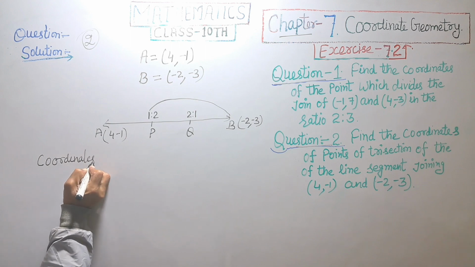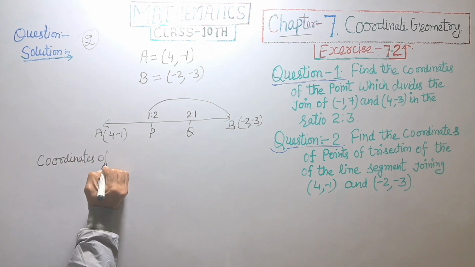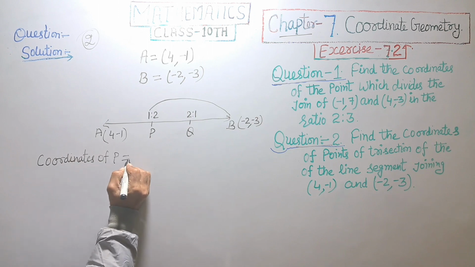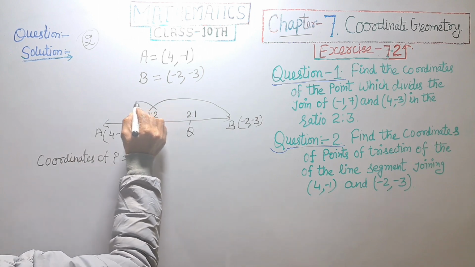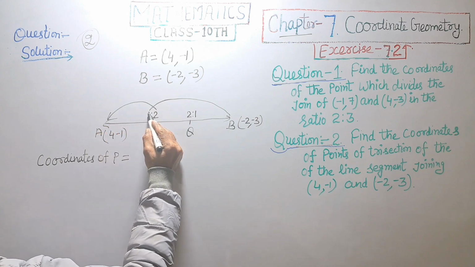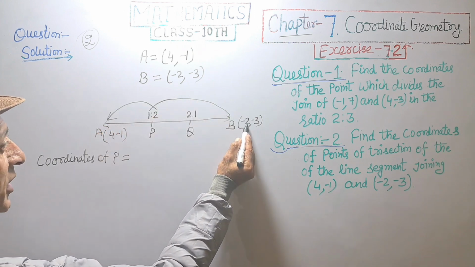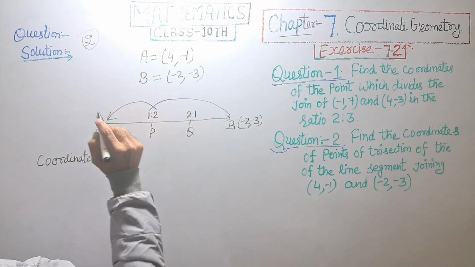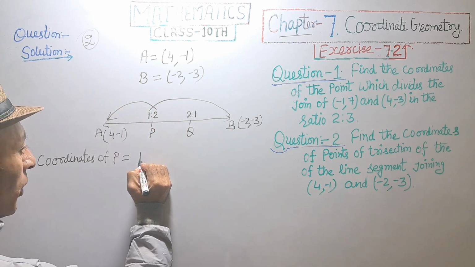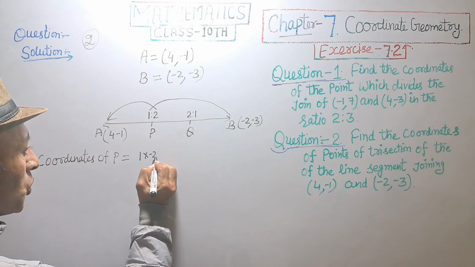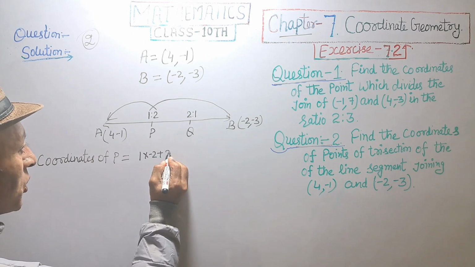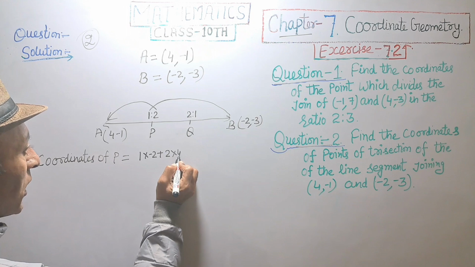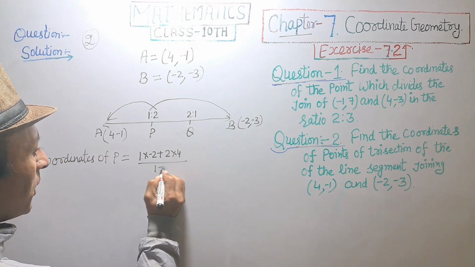Coordinates of P is equal to 1 multiply by minus 2 plus 2 multiply by 4, divided by 1 plus 2,